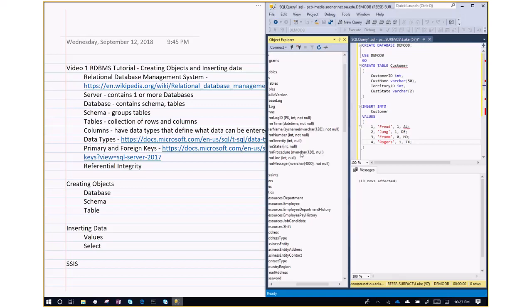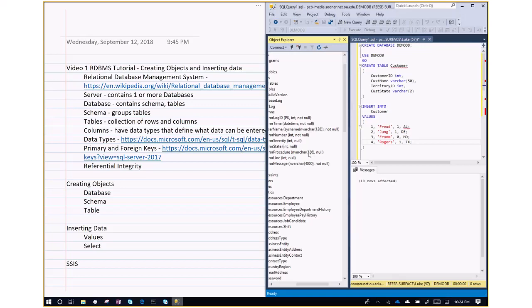But with this particular data type, with variable character, that means that if I enter some data in it that is only 10 characters long, then whenever it's stored in the table, the database is going to compress the amount of storage space that's going to be needed to store this down to 10 characters. Okay, so if you don't use variable character, but if we just said this is a string length 128, and then we go and enter a 10 character value into this column, then the database is going to be storing 128 characters worth of space, but most of it's going to be blank. So variable character is kind of an efficient way to store character or string data, so like text,